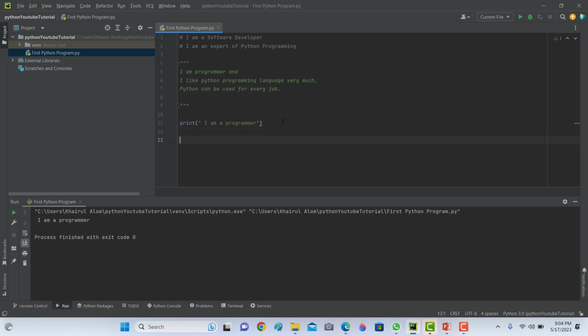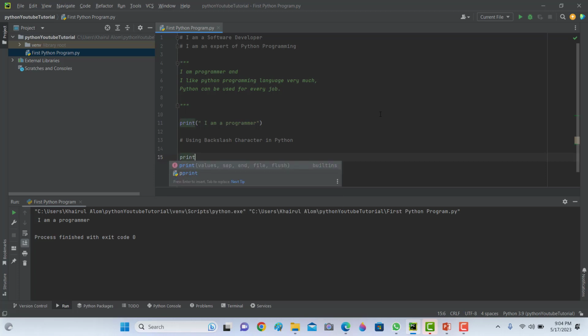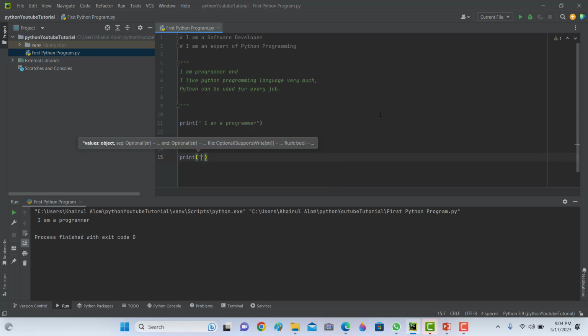Now backslash character. How to use backslash character in Python? Let's print something. I am a Python programmer. Backslash n: if I want to print something in new line, use n, then write I like